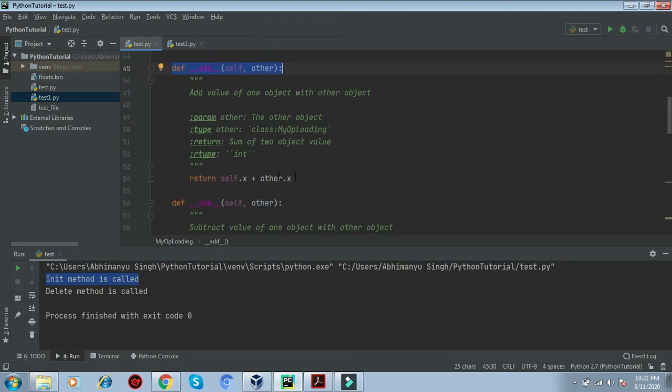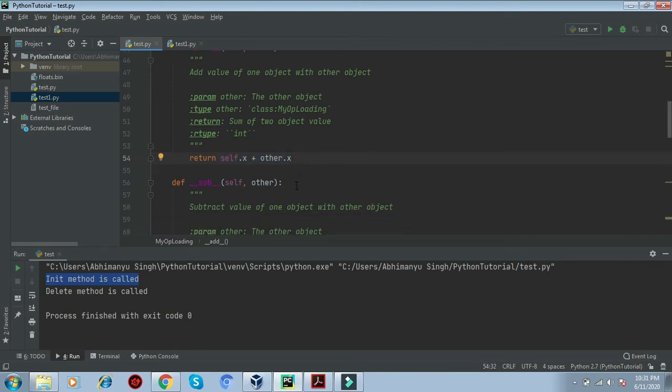Here it returns the added value of an attribute of one object with the other object.